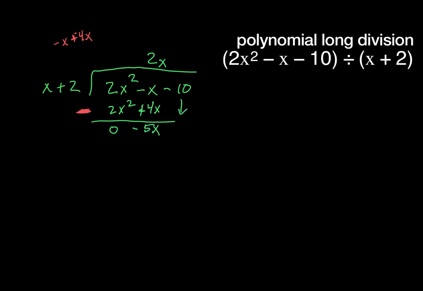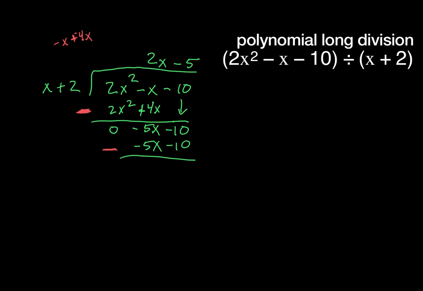Bring down the next term, negative 10. And then I say, all right, x times what is negative 5x? Well, x times negative 5 will be negative 5x. So I'm going to go negative 5 times x, negative 5x, negative 5 times 2, negative 10,